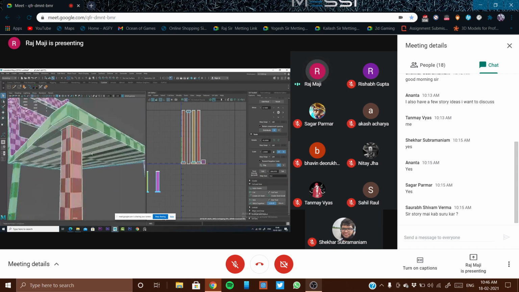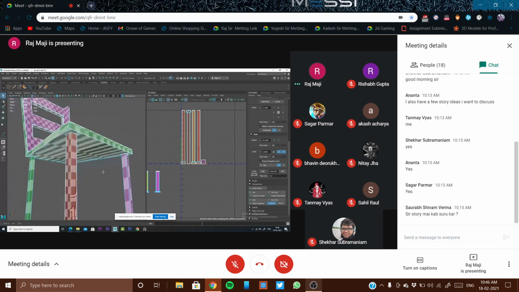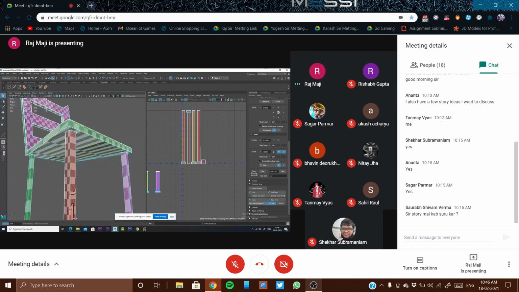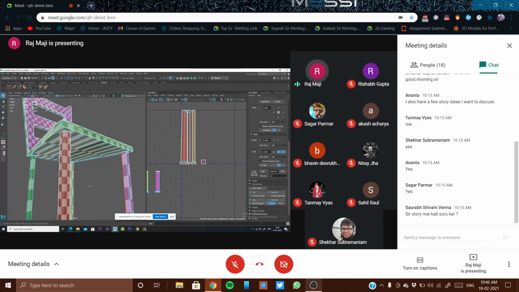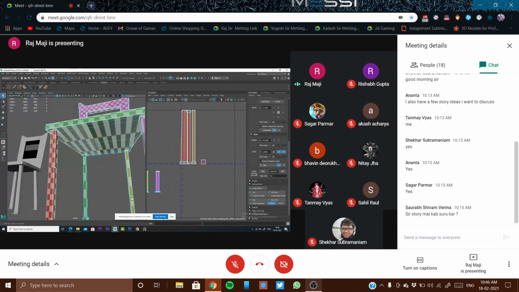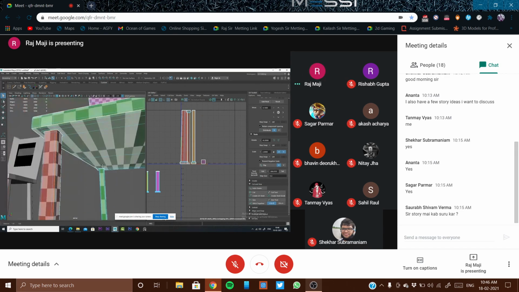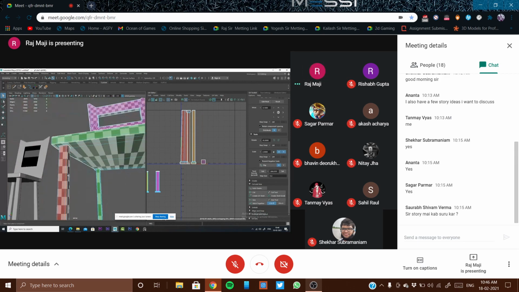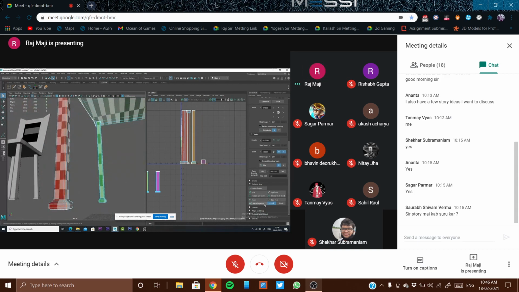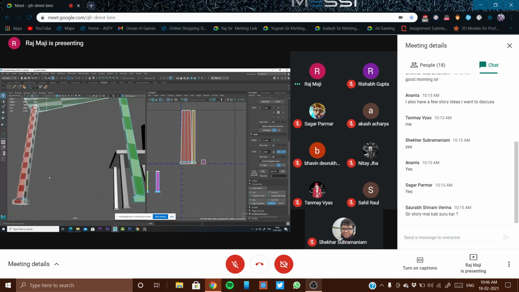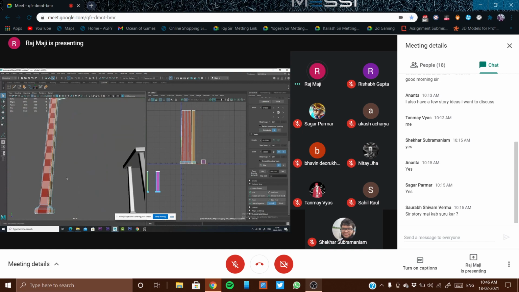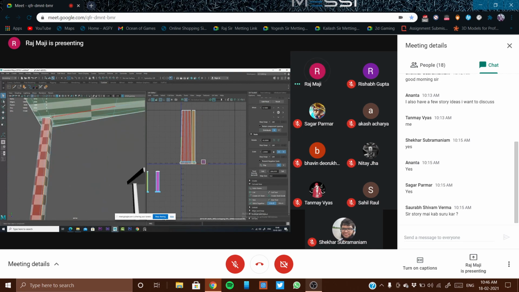So selecting all this except this one. Okay, stitch together. So I have done it. Selecting this one except this, stitch together, and now selecting this one except this, stitch together. Okay, and in this area little small problems are there, like this one and this one.